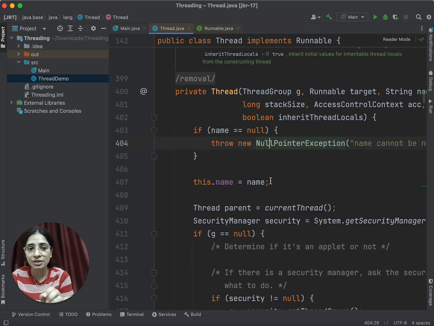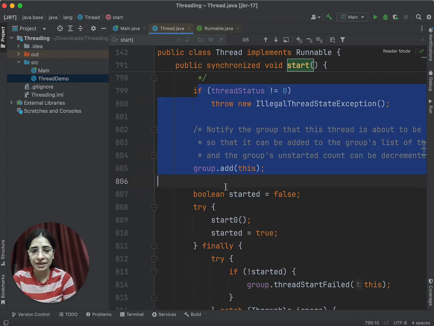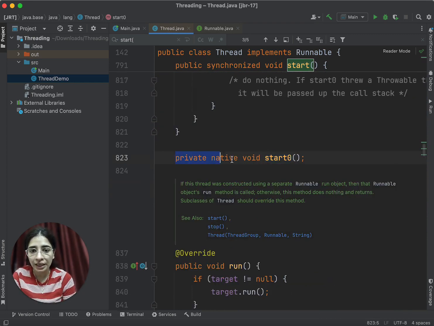When the thread has been created, at that time you would want to start the thread. Once the thread object has been created, in order to start the thread, you call the start method, and after doing some basic validation checks inside this try block, it is calling this start0. If you see this start0, it is a private method with a native keyword.